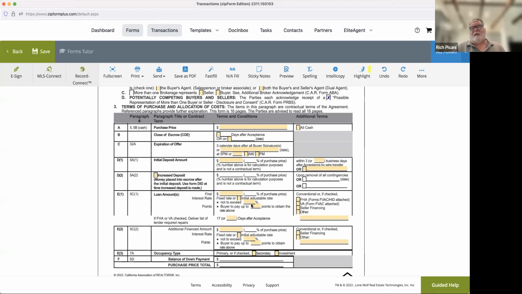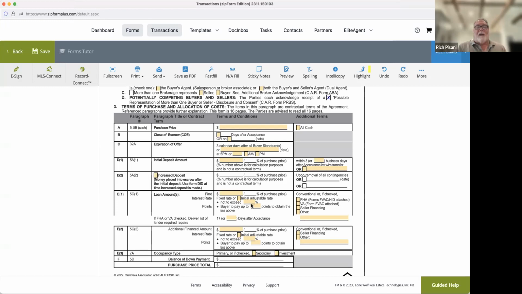E3 is occupancy. Is this their primary? It defaults to primary if it's a second home or if it's an investment. That matters because if they're saying it's their primary, they're getting rates for a primary, and then it's really a secondary just to get a good rate. Number one, that's bank fraud. You don't want to be involved in that. Number two, banks are checking that information, and if the person gets caught, then it's severe penalties.